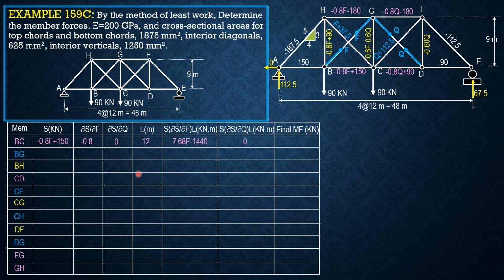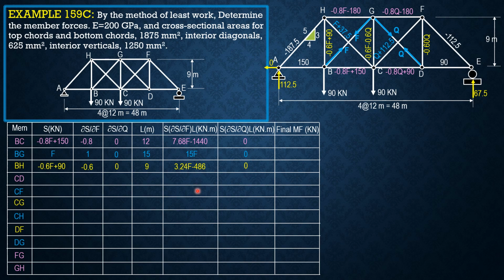Then for the next member, BG is F, the derivative is 1, 0 here, then the length is 15, square root of 12 squared plus 9 squared. Then this is 15F, 0 here. And BH is negative 0.6F plus 90, negative 0.6, 0. The length is 9, then the product here,